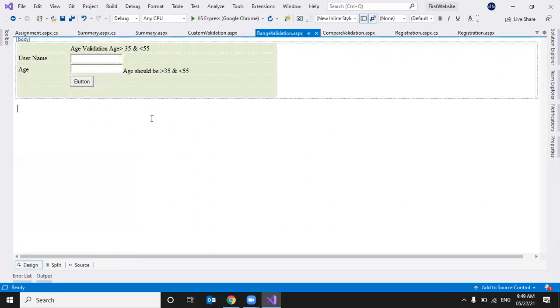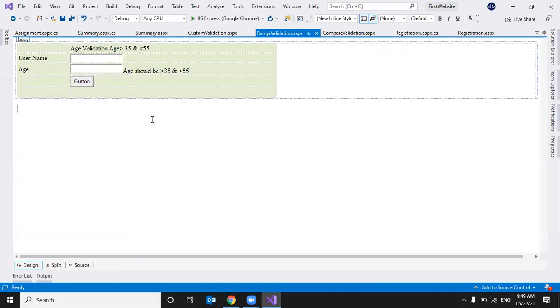So custom validator will be used when existing validation controls do not meet the user requirements. Custom validation can be performed 2 ways.